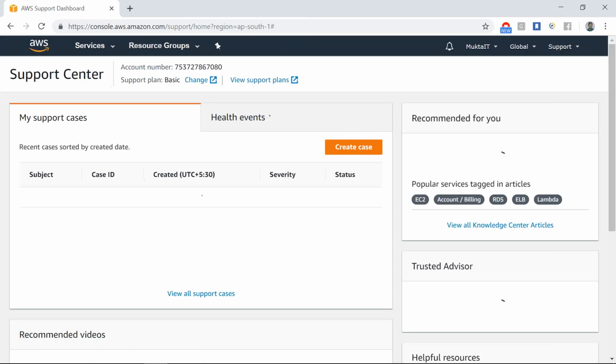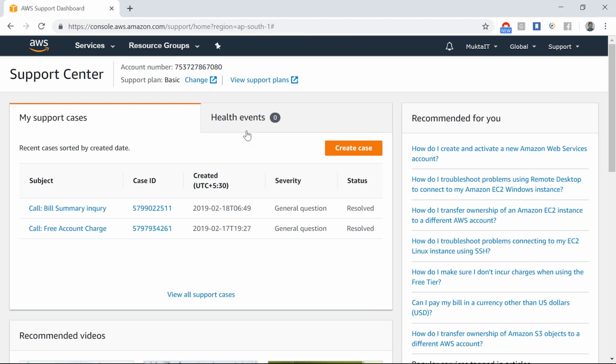Okay. So here I have created certain cases. You can create a case in case you need help, and this is your account number. They will ask about the account number, which is unique for every user. You need to tell this account number, and after that you can create a case. So when I click on create case,